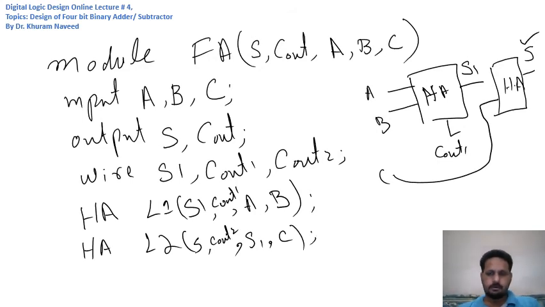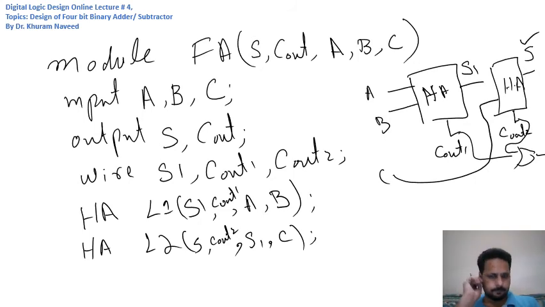ठीक है, और यहाँ पे हमने ये देखा था कि जो कैरी है C आउट, इन दोनों में से कोई एक कैरी अगर 1 है तो वो वही सिस्टम की कैरी बन जाती है, और अगर दोनों कैरी 0 हैं तो सिस्टम की कैरी 0 होती है। ओवरऑल फुल बिट एडर की फुल एडिशन की कैरी 0 होती है। तो इस ऑपरेशन को परफॉर्म करने के लिए हमने क्या किया था, हमने एक और गेट लगाया था,